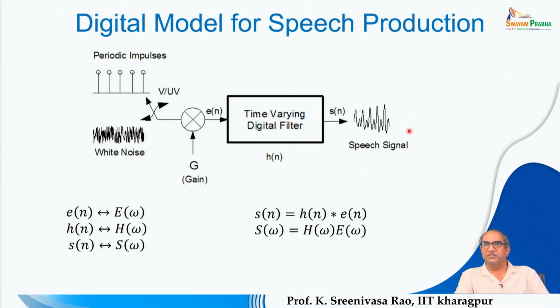Accordingly, we have a speech signal and a corresponding speech signal. Here the excitation signal is represented by E of n digitally. It is a discrete time signal E of n, and this E of n is either a voiced excitation or a noisy, or unvoiced, excitation. The characteristics of the vocal tract system are represented by H of n, and the output speech is nothing but